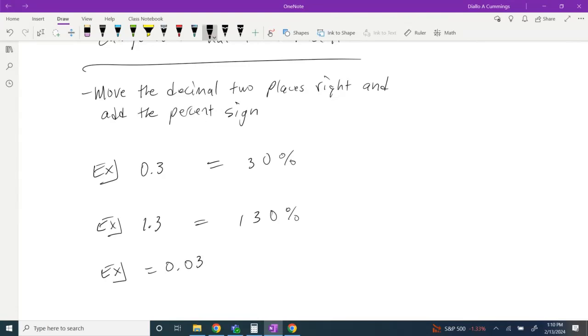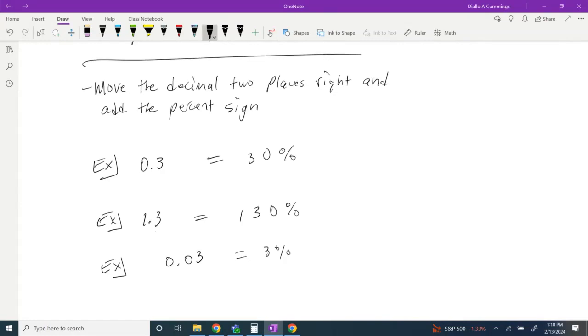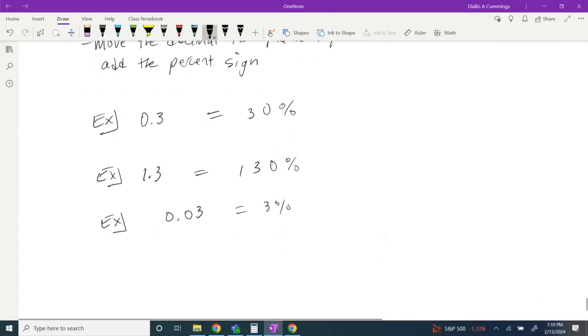Okay. So no matter how far out that decimal is, so for example, if you have 0.03, and if you wanted to change that to a percent, right, you move that decimal 2 places to the right and you should get 30%. And then vice versa. If you're given a percentage and you're asked to convert a percent to a decimal,